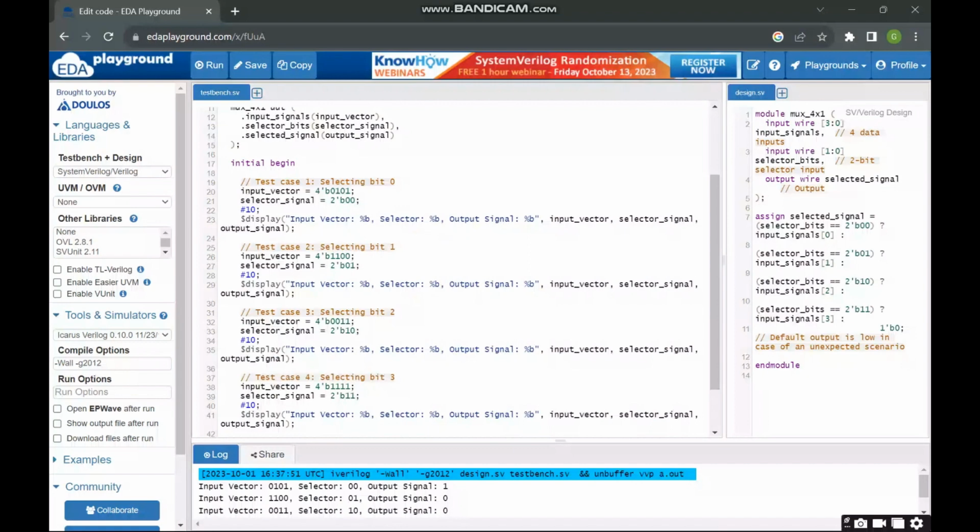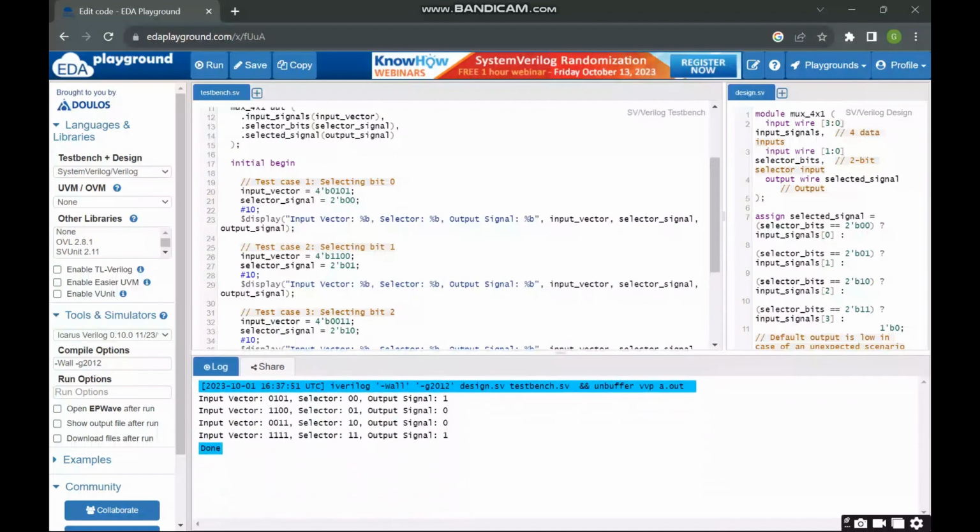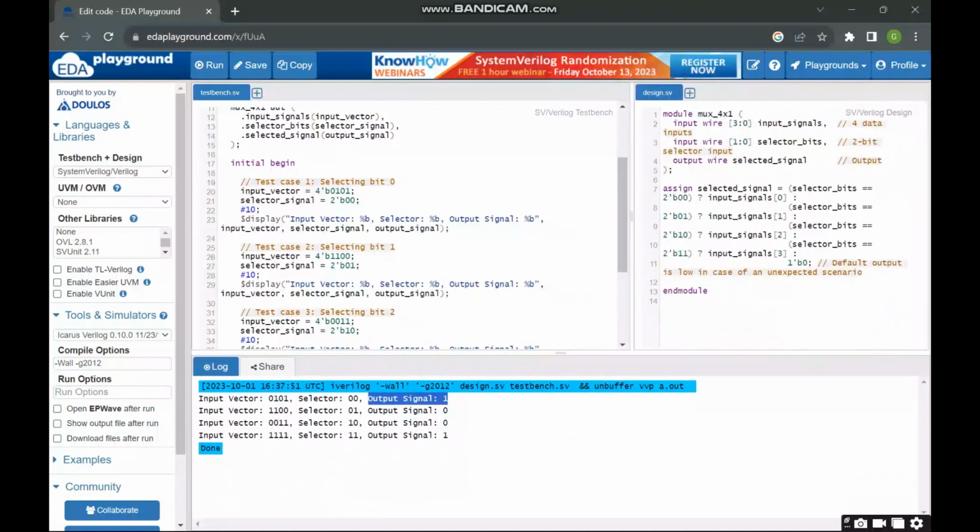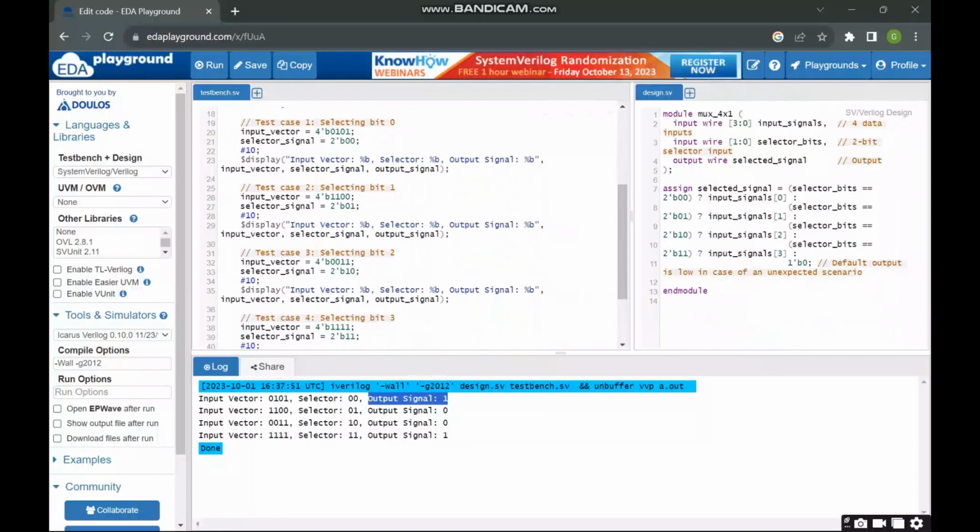Now, if we have a look at our first test case, the input vector is 0 1 0 1, and our selector signal is 0 0. Then if we look at our output, we can see that it is giving us an output of 0, which is correct. Now, if we look at our second test case, the input vector is 1 1 0 0 and